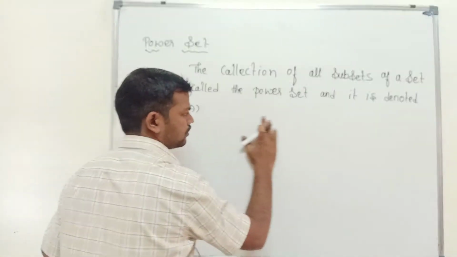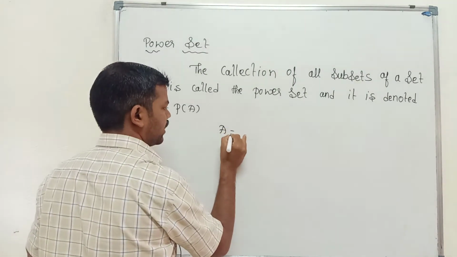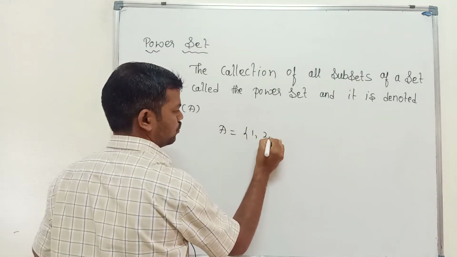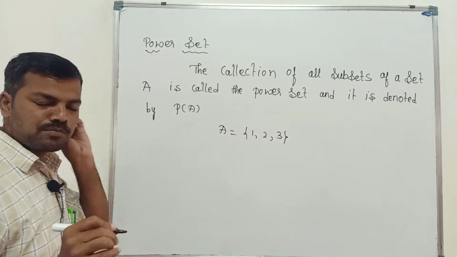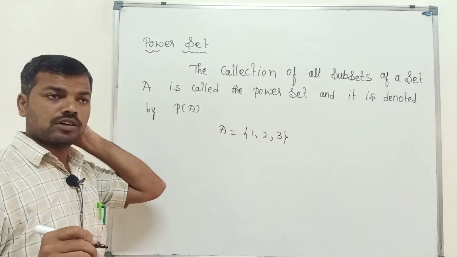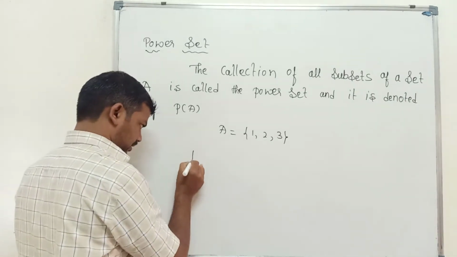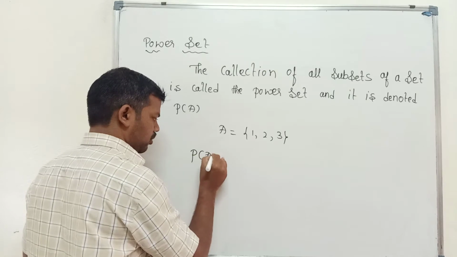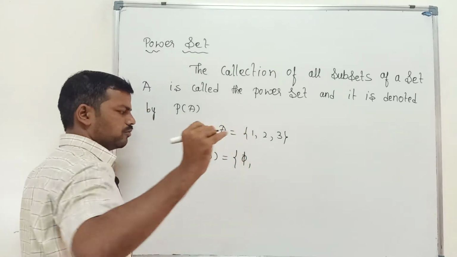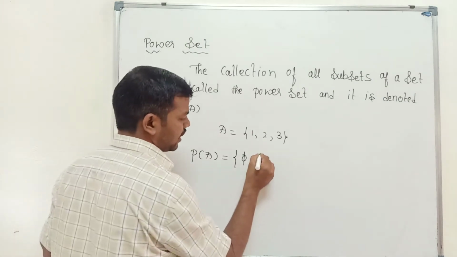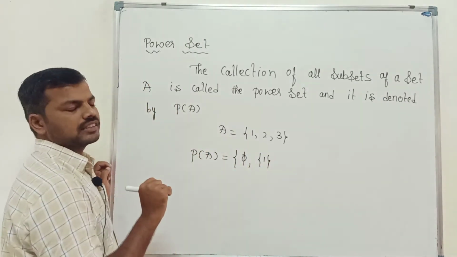So here we'll take one example regarding that. 1, 2 and 3 elements are there. How many subsets can we form from it? How many subsets we have, that we have to collect. So first we have already known that the null set is a subset of every set. One is over, and every singleton set of elements of a given set is a subset.